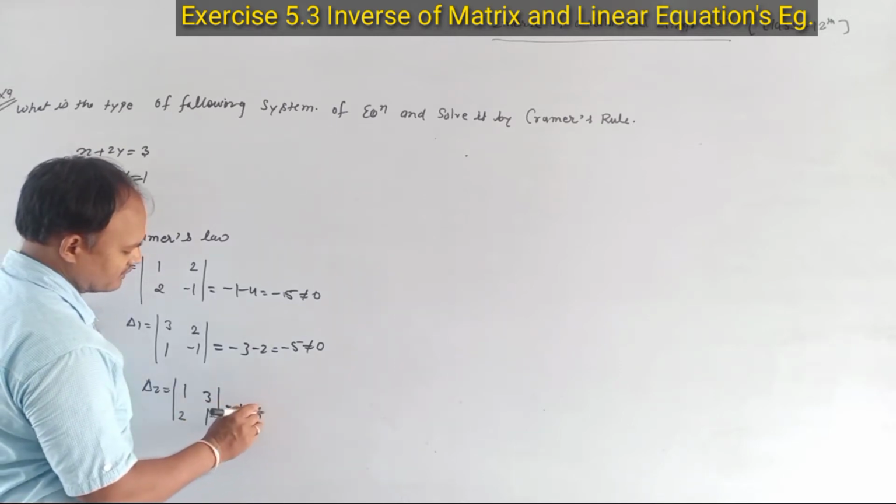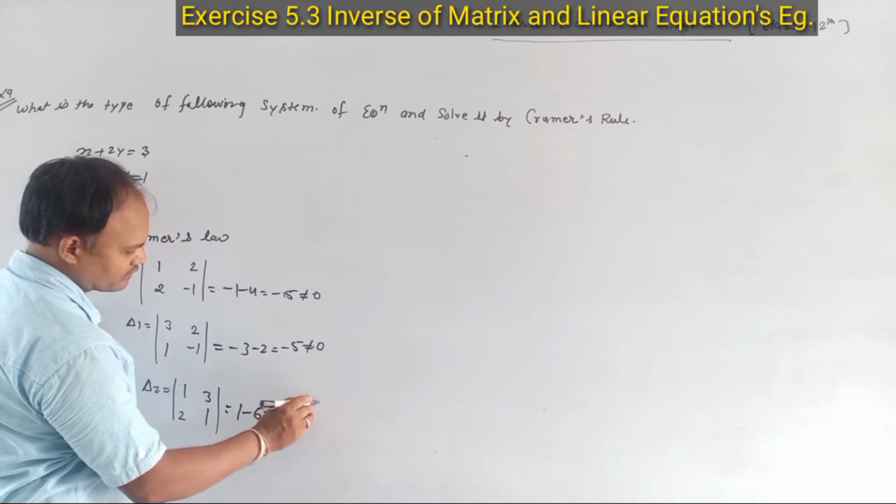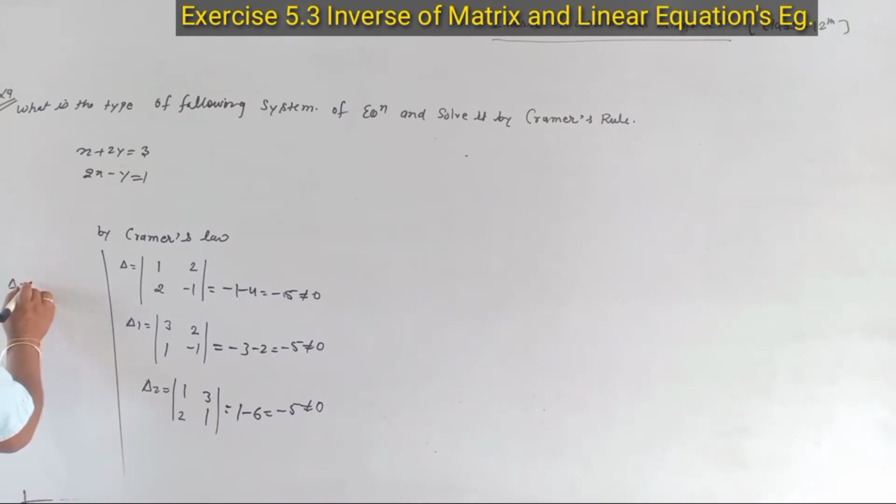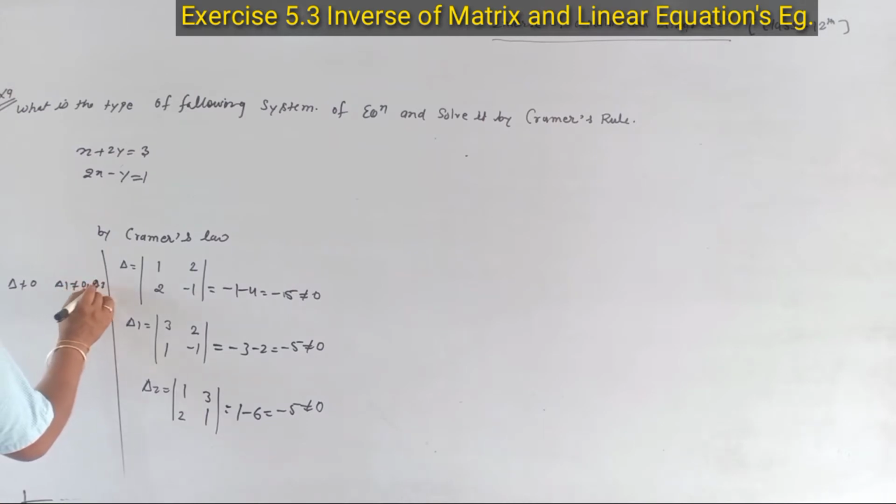It is 1 minus 6, it is minus 5, which is not equal to 0. So we can say that delta is not equal to 0. Delta 1 is not equal to 0. Delta 2 is not equal to 0. So it is